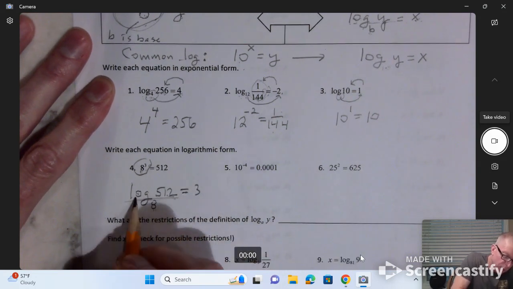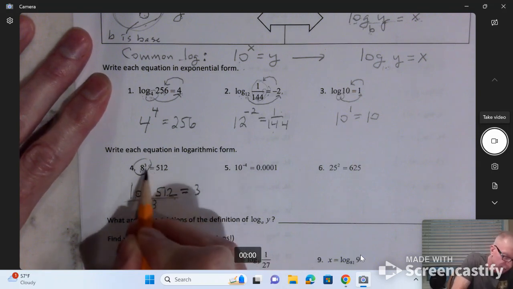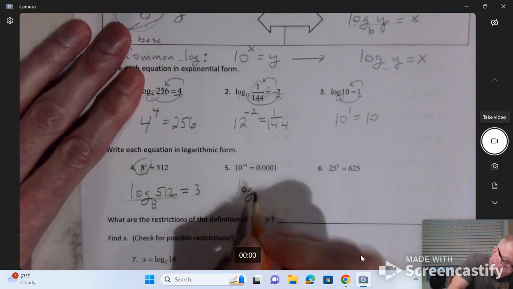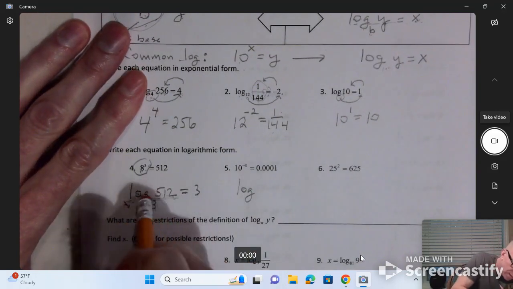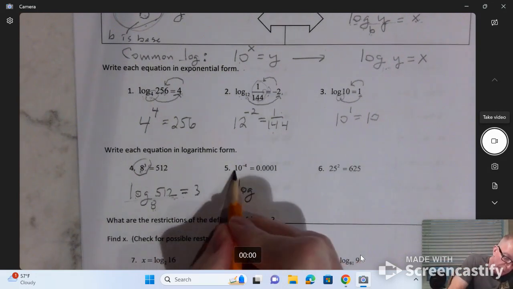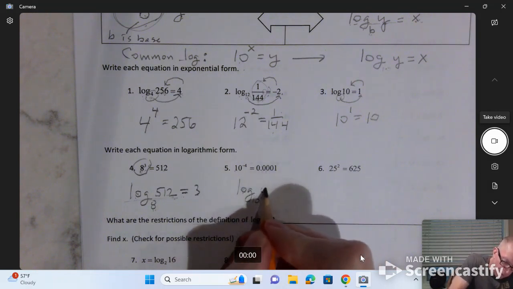And if you can remember, the log of a number is your exponent. This 3 has to be on the other side of the equation by itself. That's your exponent. Okay, so here we've got log. And when I wrote that line, you don't write that line there. That's just to show you that the base goes below. So this is a log base 10 of this number